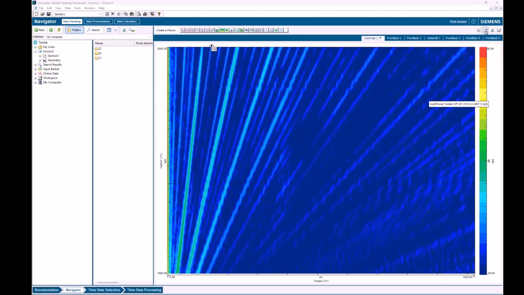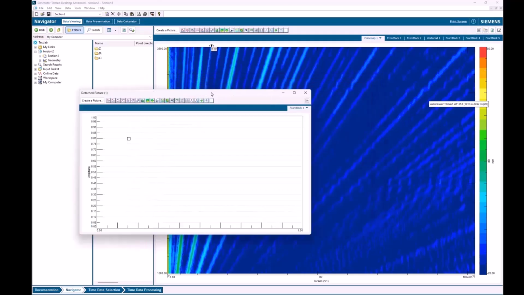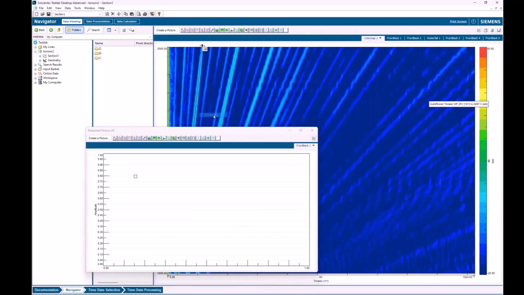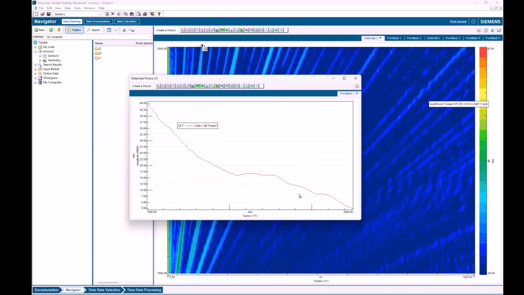That's the fluctuation. Yeah, and I can come in here and say, hey, I want to see that fluctuation as a function of speed, maybe on this particular order. So I'll pick processing, I'll drop that in. And in this case, do I have a big torsional resonance in my system? No, you're looking pretty good. It's that slight bump there, but it's not too bad. And again, it's higher at the lower speeds and then comes down pretty nicely as we go up in speed. So I got plus or minus 16, 17, 16 and a half RPM here, right?